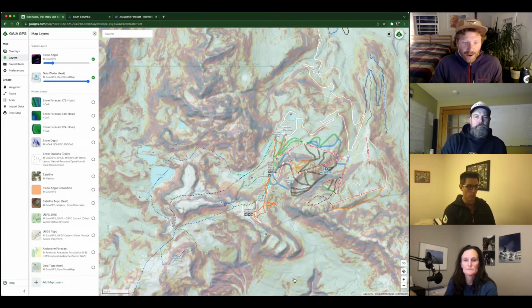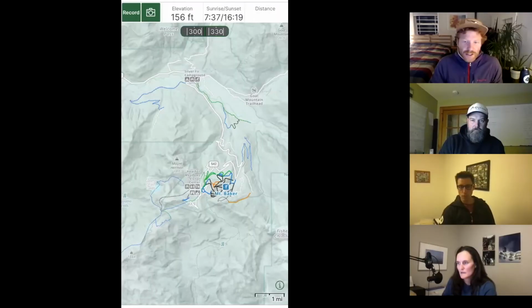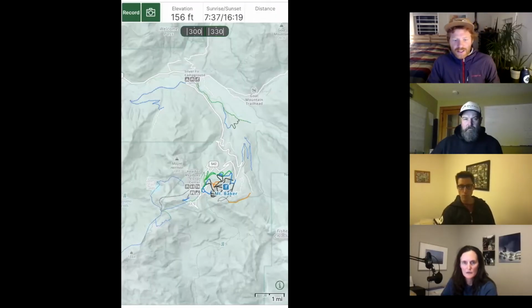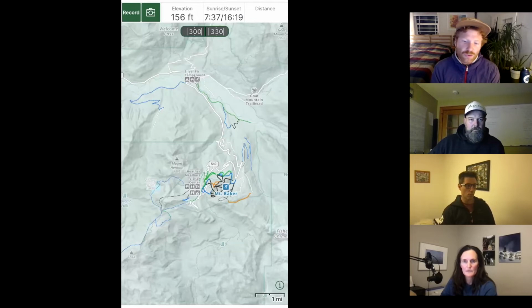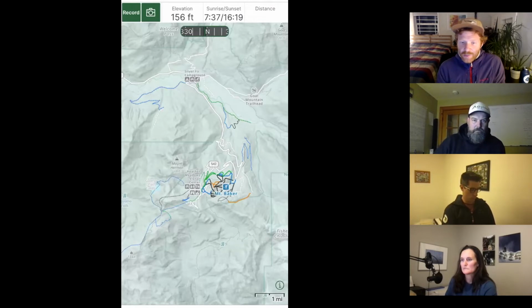And so what I'm going to do now is switch to the phone app. So hopefully you can see my phone now. This is Gaia GPS on the iPhone. It's really similar to Gaia GPS on the Android. They're really very similar. We just happen to be showing you iPhone today. And what I'm going to show you now is how to get this data that we've just generated,